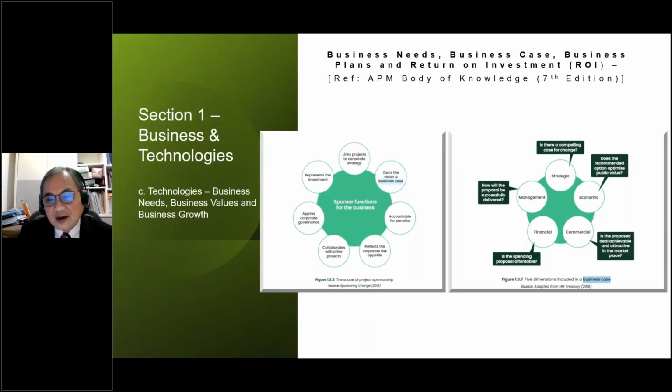Then, if we try to apply the APM body of knowledge, we will need to look into the project sponsor, the corporate governance, etc., and what are the potential benefits and the values of the project.